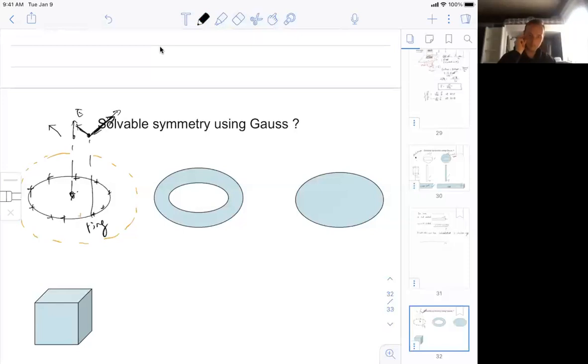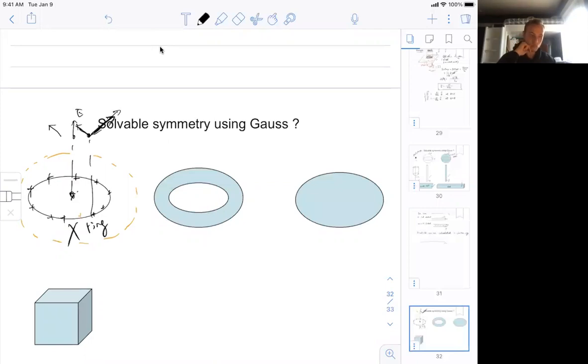So how do we find a surface that works? Then we cannot really find a surface that works. The answer is none. We cannot find such a surface for those two conditions to be met. Actually, this is not solvable using Gauss's law. It could not work. You could go back and try yourself to think about this if you want a ring-shaped,